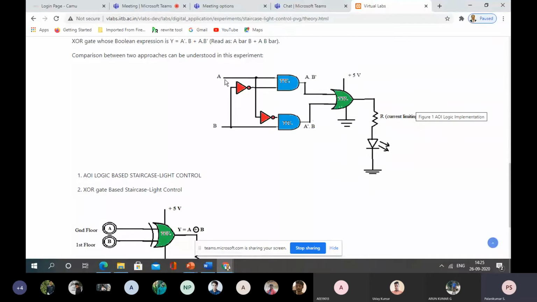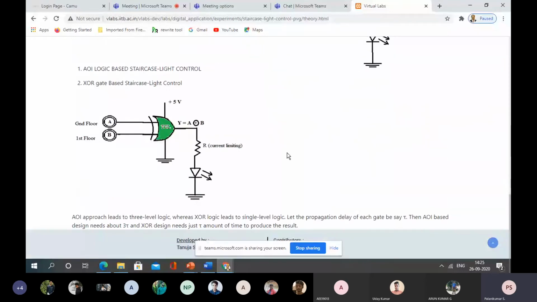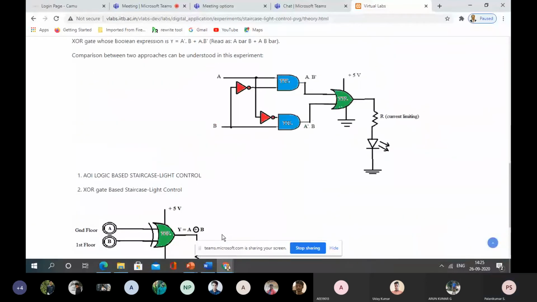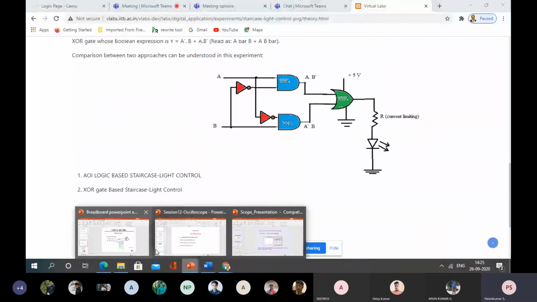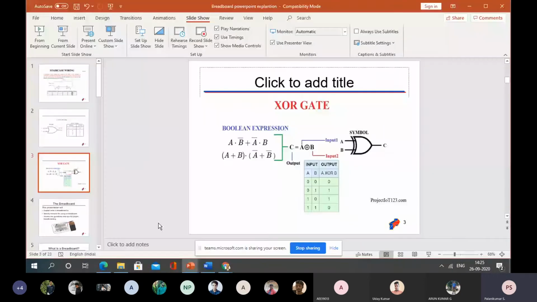If any one input is high, automatically one output of the AND gates will be high, and as a result the OR gate output will also be high. That is the XOR gate we have seen. If either A or B is high, I get a high output. If both the inputs are low, the output is low, and if both are high, the output is also low, because of the logic of